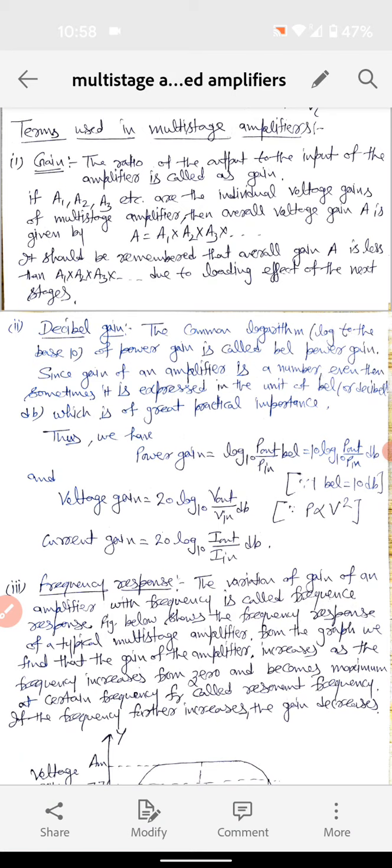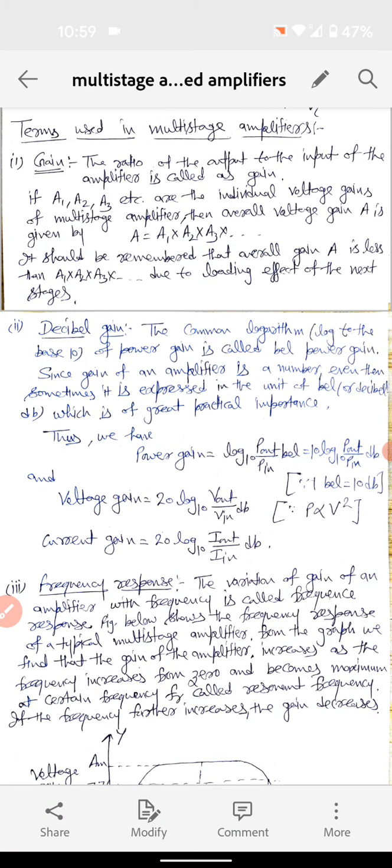Okay, so we can represent that gain, the voltage gain, in decibel as well. Okay, what is decibel gain? It is nothing but just the common logarithm of the power gain, which is called the Bell power gain. Suppose we have any amplifier whose power gain is say P. And how do we define that power gain? We did that last time, it is power output to the power input.